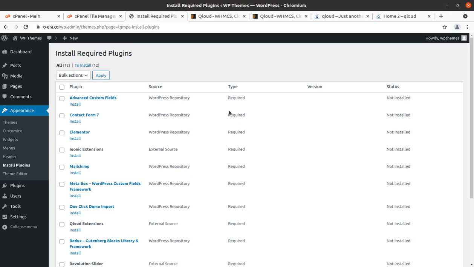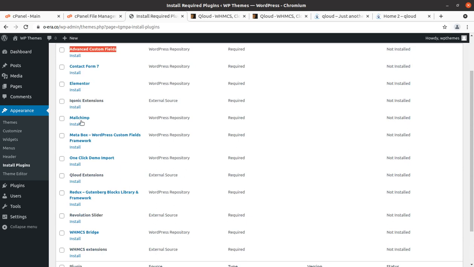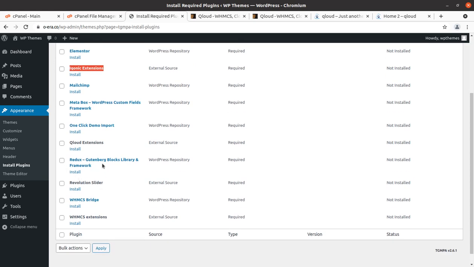This theme uses Elementor as page builder, and Advanced Custom Fields are also being used, and Iconic extensions have been given, and the QLoad extension is also here. The framework is Redux. It is a great Gutenberg blocks library and framework, it goes without saying. So Redux is a great framework, and Revolution Slider has also been used.